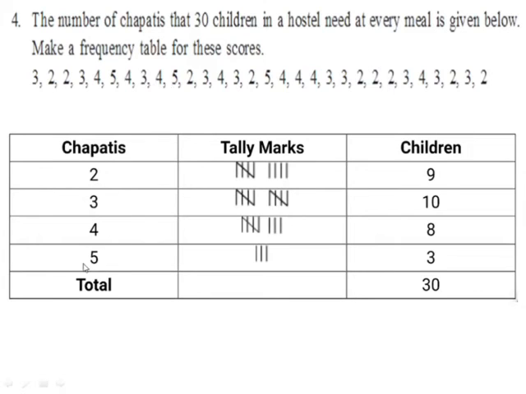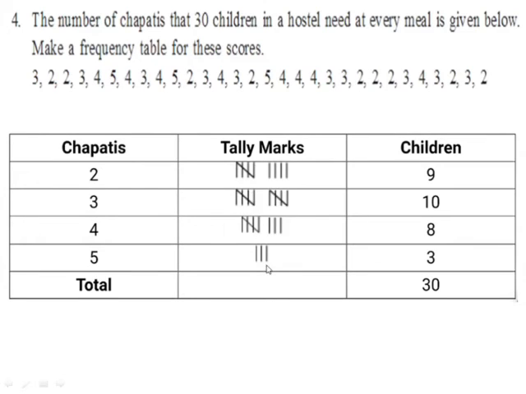4 and 5. Now we will start reading the scores and putting a tally mark for each score. Here the first score is 3, so we will put one tally mark for 3 and strike off 3. Then the second score is 2, so we will put one tally mark for 2 and strike it off. The third score is again 2, so we will put one more tally mark for 2 and strike off this 2. Then the next score is 3, so we put one tally mark for 3 and strike it off. Then the next score is 4, we put one tally mark for 4 and strike it off. Likewise, we will put the tally marks for the remaining scores.